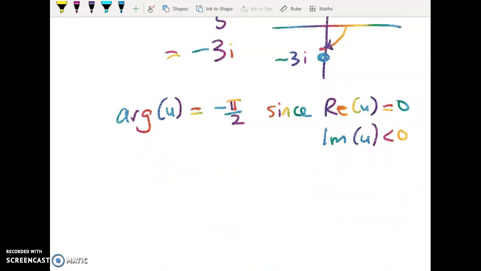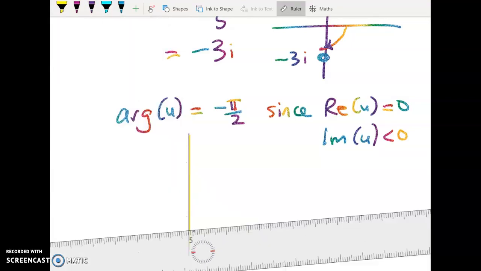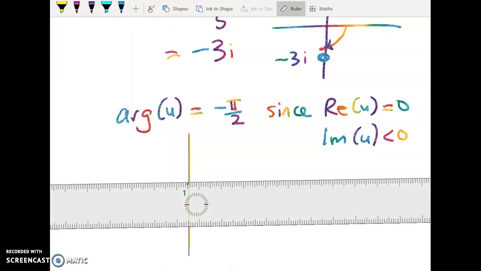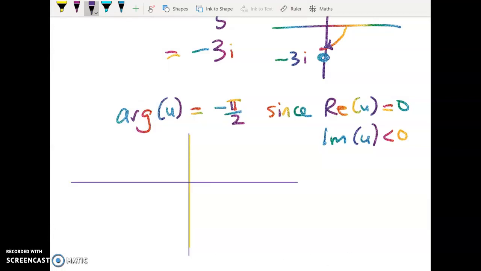So what does my locus look like? Well, let's just draw a diagram. Let's draw it with a different coloured pen. So I could have done a pretty GeoGebra picture, but I want to show you how I'm thinking about the problem. The locus that we're looking for here is the arg of z minus u is equal to pi on 4. So that means that we've got a half line starting at u,